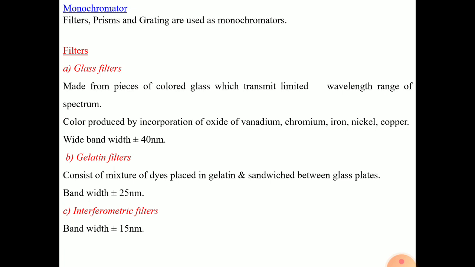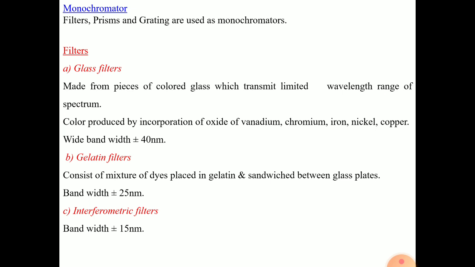Next is monochromators. We already discussed filters, prisms, gratings like that. First we are taking the filters. These are conventional; in the olden days we used these. They have a limited range. Why? Because they won't produce monochromatic light as a single wavelength. The filters will produce a band of wavelengths. Suppose I want 250 nanometers, it won't produce a single 250 nanometers. It will produce a range of wavelengths.